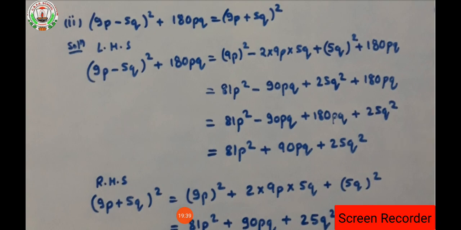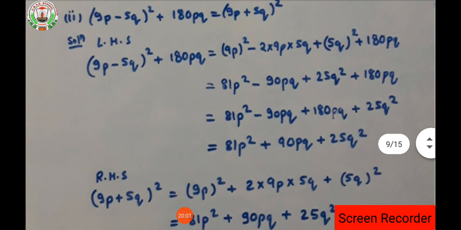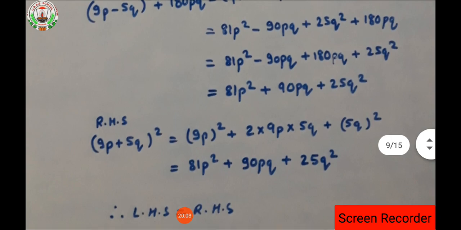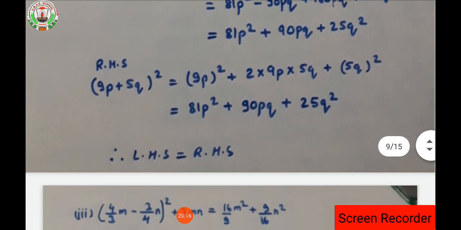So here I had already solved all the questions. Just go through the solutions, because the video would be too long if I explained each and everything. So just go through every solution I have given in the video. The second part is again LHS and RHS, both you have to solve separately. So the LHS answer will be 81p square plus 90pq plus 25q square. Clear? And the RHS part, how to solve? The RHS part again you have to split according to the identity. Then RHS and LHS will be equal, that means it is verified.